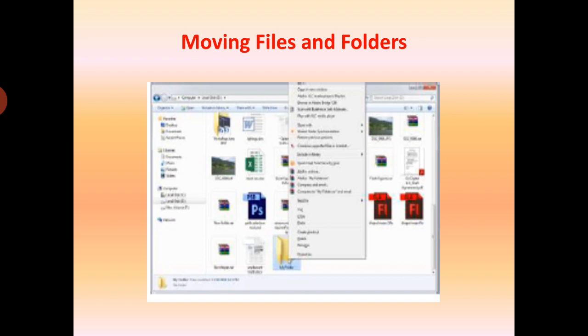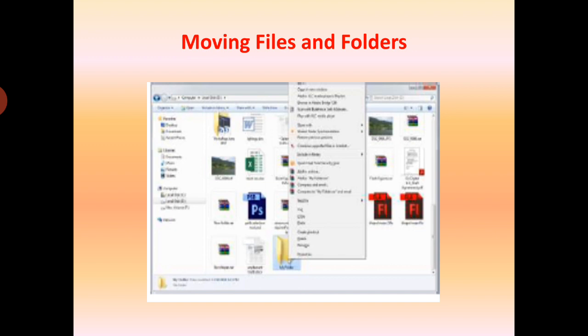Right click the file or the folder you want to move. Select cut option from the shortcut menu. Select the drive or the folder where you want to move the selected file or folder. Right click and select paste option from the shortcut menu.